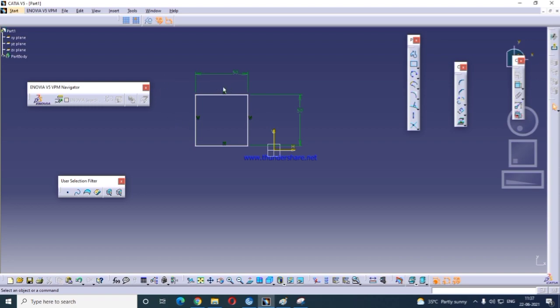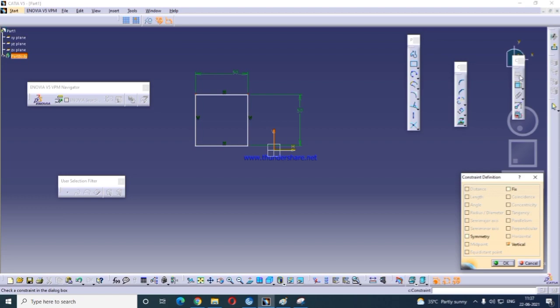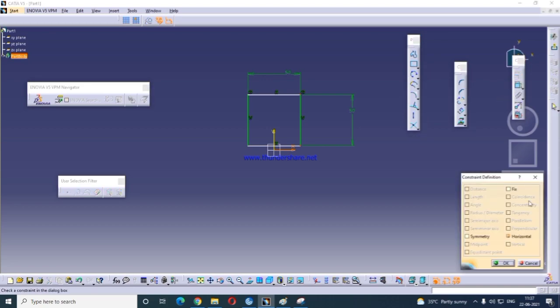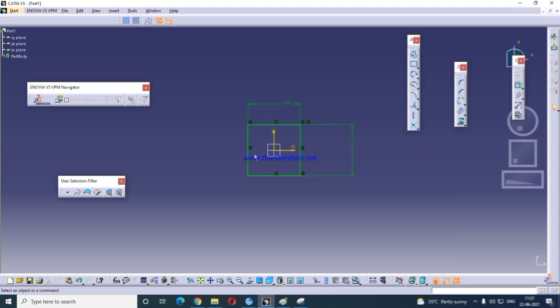How to identify the sketch is fully constrained. Now I am going to explain how to constrain the lines. By clicking these 2 points and this axis, go to constraint definition and make symmetry. It will automatically get symmetry. Here you see symmetric. And by clicking these 2 points, now with this axis I am fixing the symmetric. Okay. Now it is fully green color. So this is a fully constrained one.